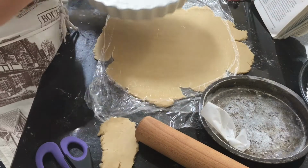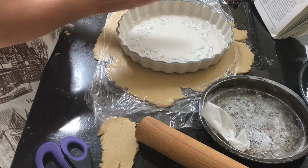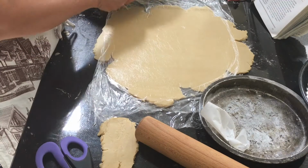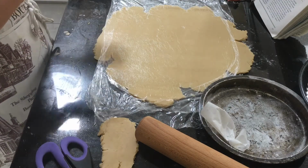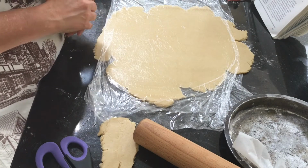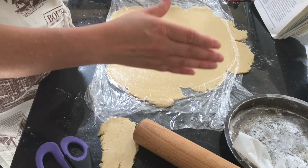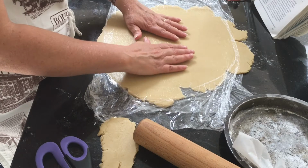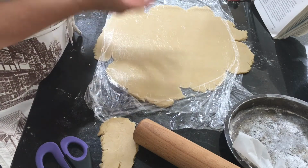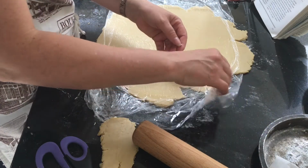So I've greased my dish, and now I'm going to make sure that I've got enough pastry to go around the bottom of the quiche dish, but also the sides. Okay, so it looks like I have, and if you remember earlier I showed you that neat little trick where I put my cling film, my pastry dough, and then my layer of cling film over the top, and I rolled out so that I don't add any extra flour to it, because that will alter your wet to dry. Okay, so I'm going to remove the top layer of the cling film,